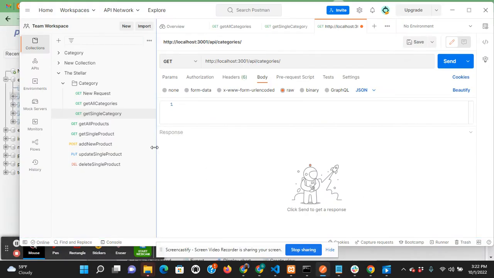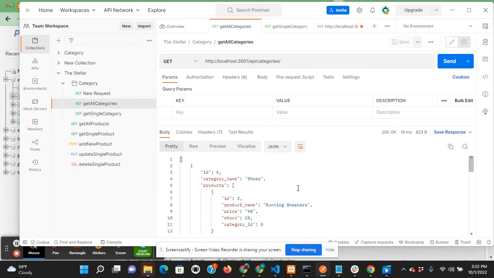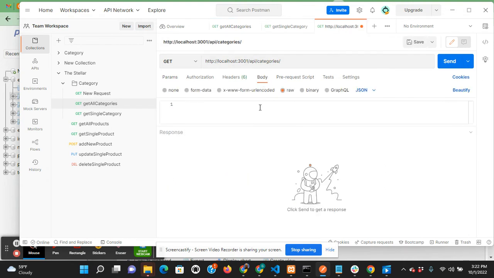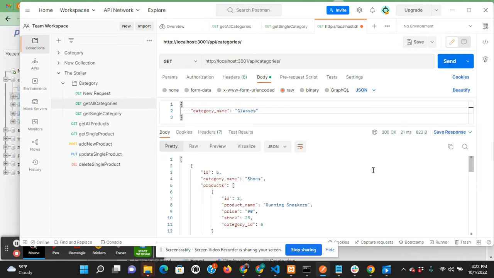In my Postman, when I do get all categories right here, let's say the one with ID 5. So that's the format for it. So let's say I want to add a new category. So category name, I want to call it glasses. Glasses. I want to call the category name glasses. I hit send. As you can see,